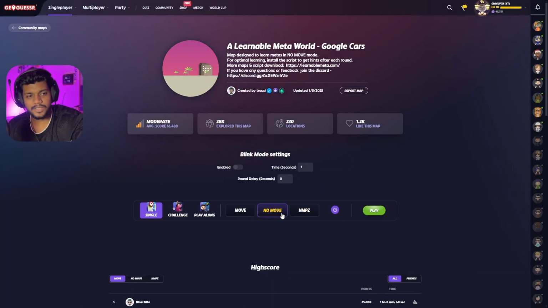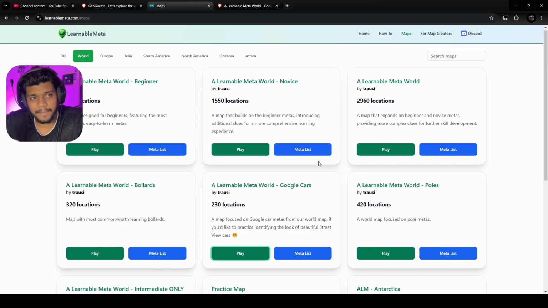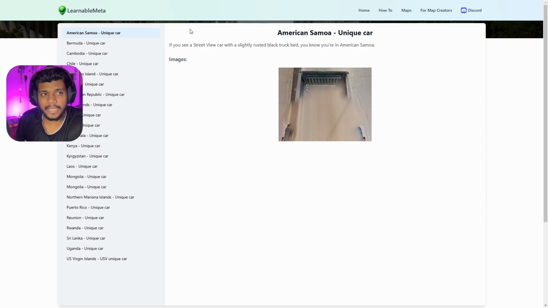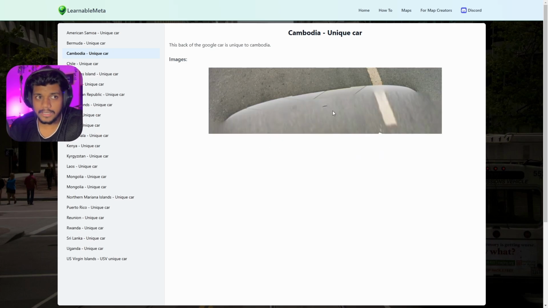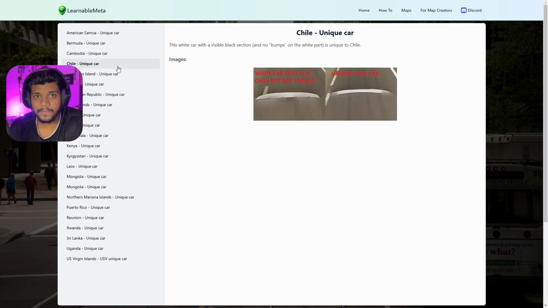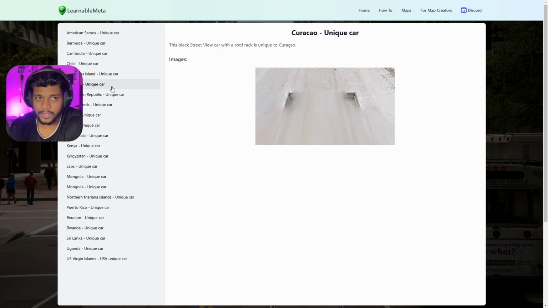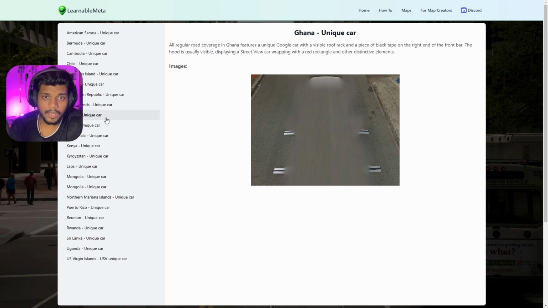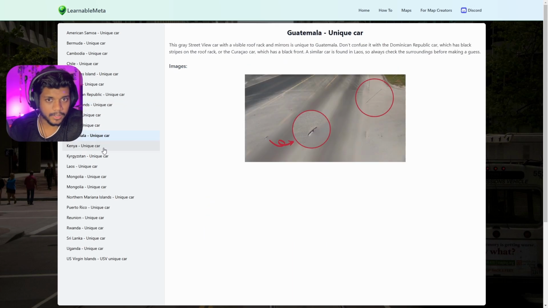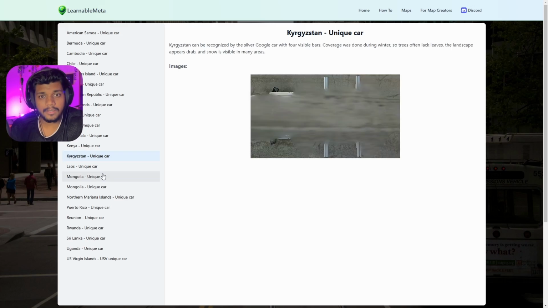Okay, so that's it for the video from my side. And I hope you all learned something from this. I'll provide the list of all the meta in this map, like all the Google cars which are learnable and which will often show up. Like this is the American Samoa car, Bermuda unique car, Cambodia unique car. Chile unique car, Christmas Island unique car we just studied. We know Curacao car now. We know Dominican Republic car. Faroe Islands, Ghana, we studied Guam, we studied Guatemala, we studied Kenya, Kyrgyzstan, Laos,